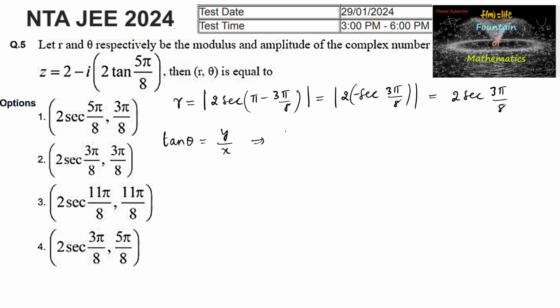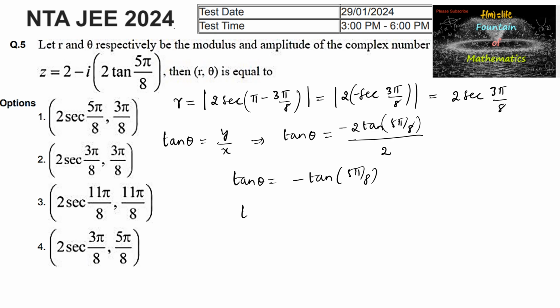So here we can write tan theta, if theta is an argument, tan theta is equal to y divided by x, which is nothing but 2 tan 5 pi by 8, negative, divided by the real part, which is 2. So we can write tan theta is equal to minus tan of 5 pi by 8, or we can write